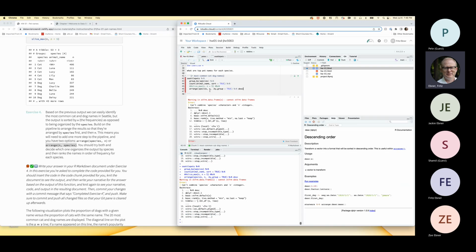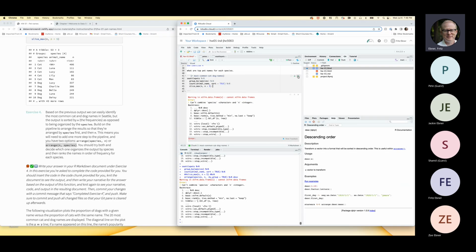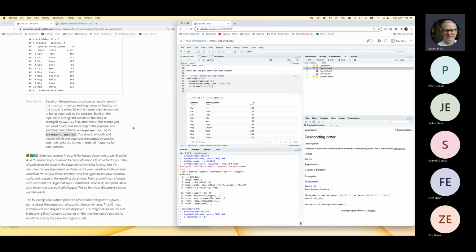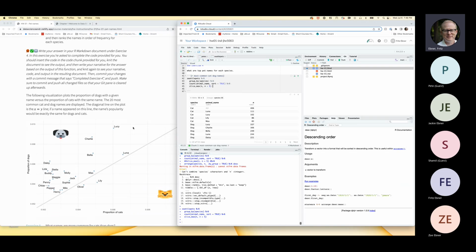Anyway, the right answer, you can get the right answer by just using slice max, and so that's what I ended up doing. Because you don't need to do anything else, because it gives you those data. Anyway, so that's a little bit of a snafu, and I apologize for that. Something is wacky, but okay, let's go on quick to